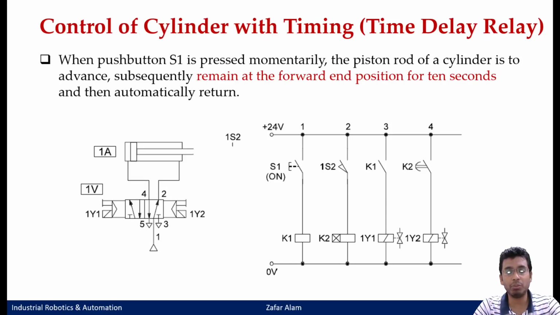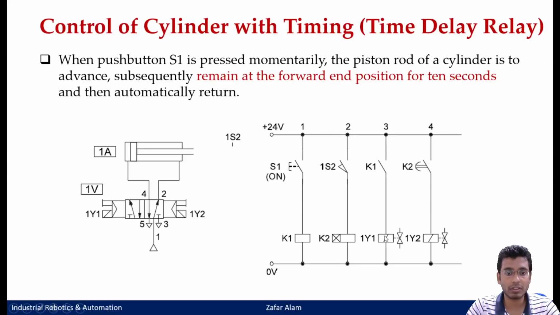Okay, so initially today I'll be showing you how to make some basic circuits of your electro-pneumatic. Sir, in that example, why are you not giving a switch in the K1 line as you did earlier? Why am I not giving the switch to detect the unextended position of the cylinder? It only said that my time delay had to be kept only at the extended position. So I used only one S1.